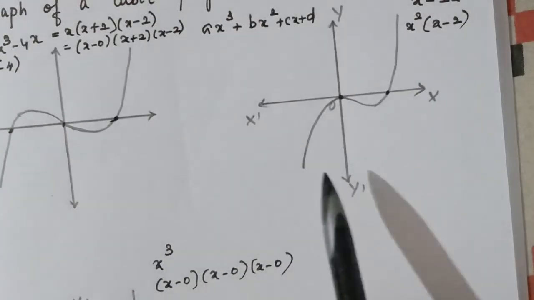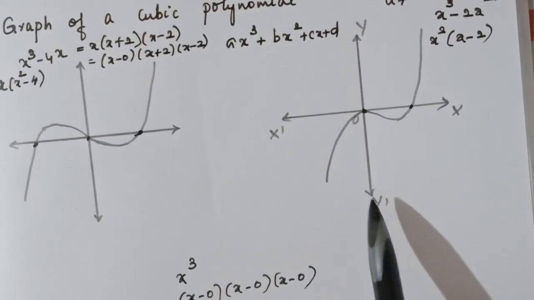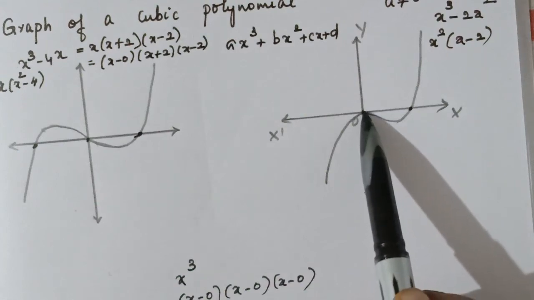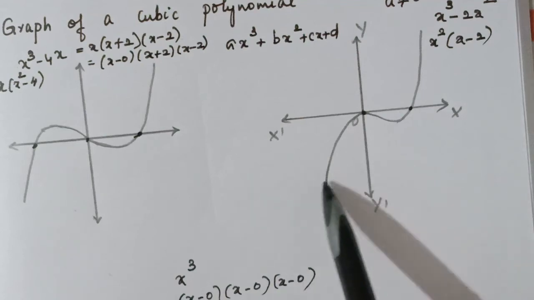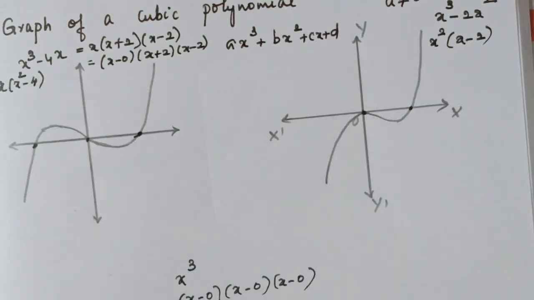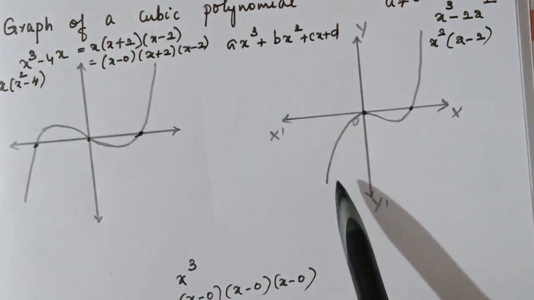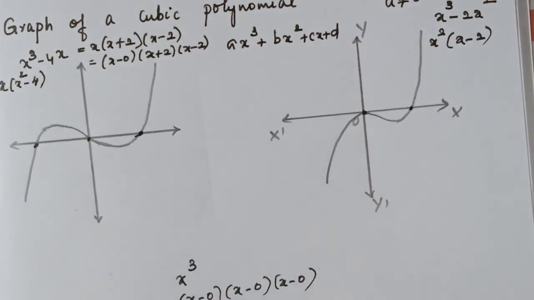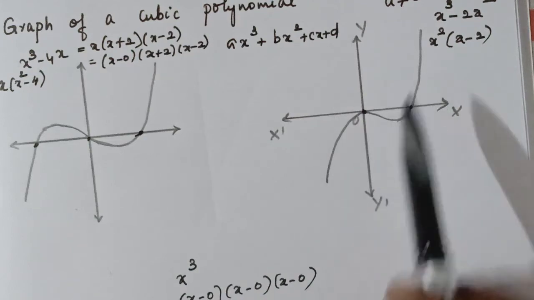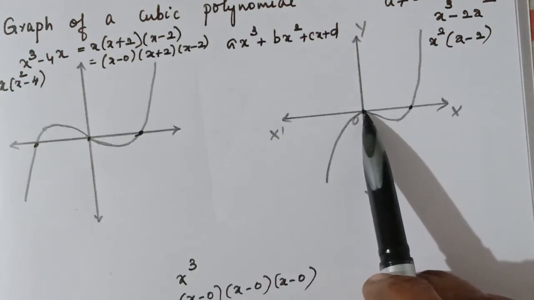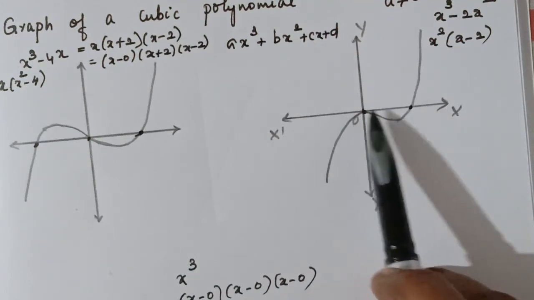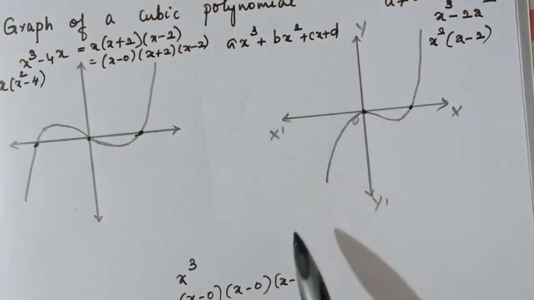Now we will see this graph. For this graph, you can see that it passes only through one point and another point. But this is the graph of a cubic polynomial. The graph of a quadratic polynomial will always be a parabola. The graph of a linear polynomial will always be a straight line. So this is a graph of a cubic polynomial, but we know that it should have 3 zeros. But here we could see only 2, it passes through only 2 points.